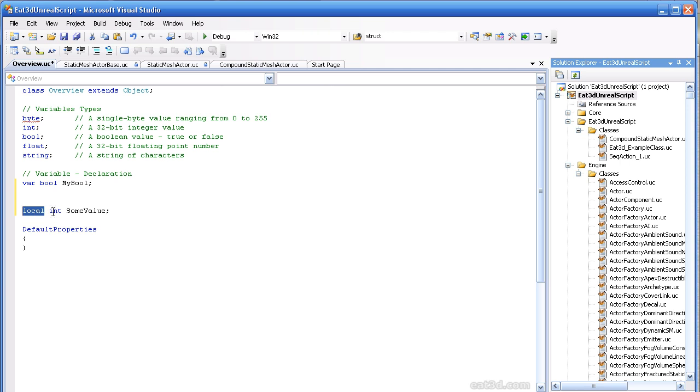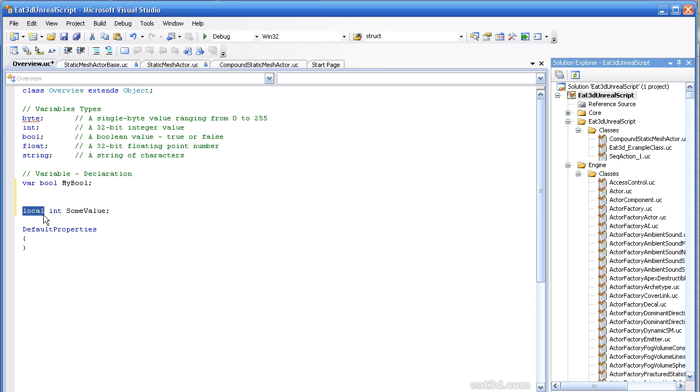And what that means is that when that function is complete and exits or returns to the calling function, the memory that was allocated for this variable will be released back to the system, and UnrealScript has garbage collection that will recover that memory for you. If you're used to more C-style programming, you may be used to allocating your memory as well as deleting the variables that you created. But in this case, you don't really have to mess with that as long as that's what the local keyword